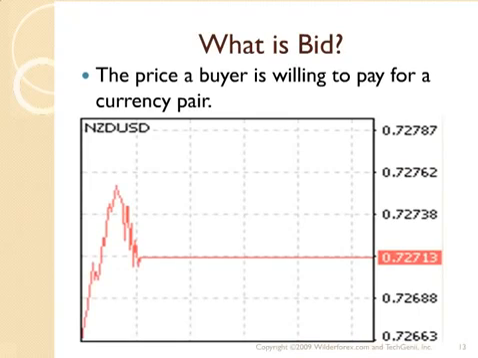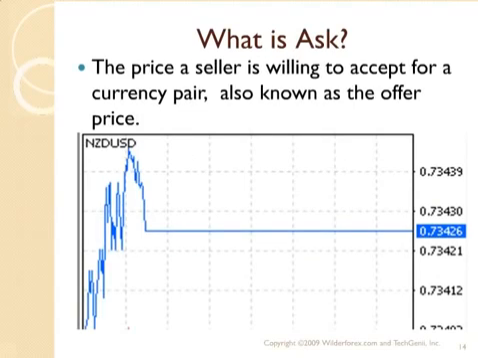What is bid? The price a buyer is willing to pay for a currency pair. For NZD USD, the bid price equals 0.72713. What is ask? The price a seller is willing to accept for a currency pair, also known as the offer price. For the NZD USD, the ask price equals